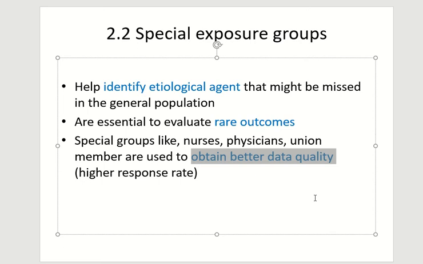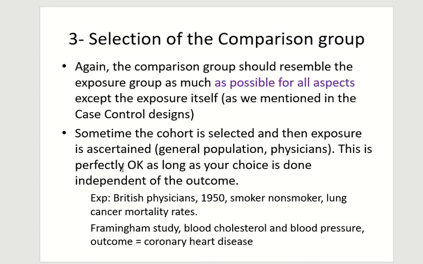The British doctor study had the exposure of whether or not they're taking aspirin, and they looked at the outcome, which was heart disease. Whereas in the nurses study they looked at whether or not they're using oral contraceptives, and they looked at things like cancer. So both were examples of special groups. Okay, so that concludes selecting